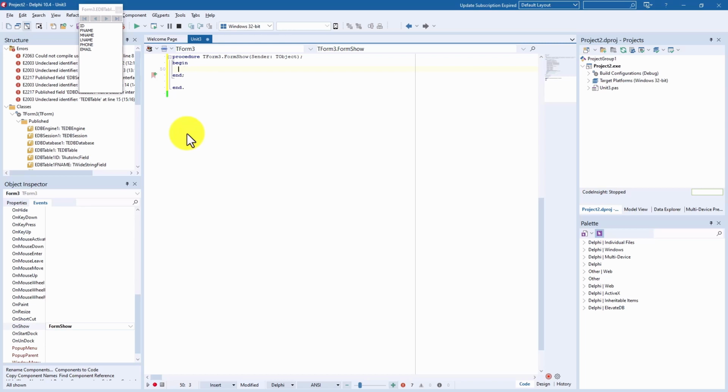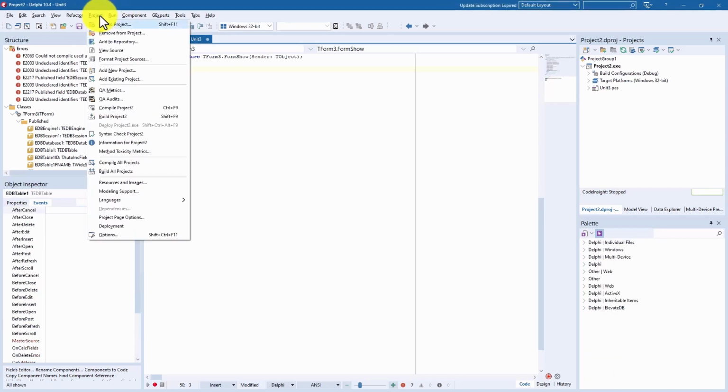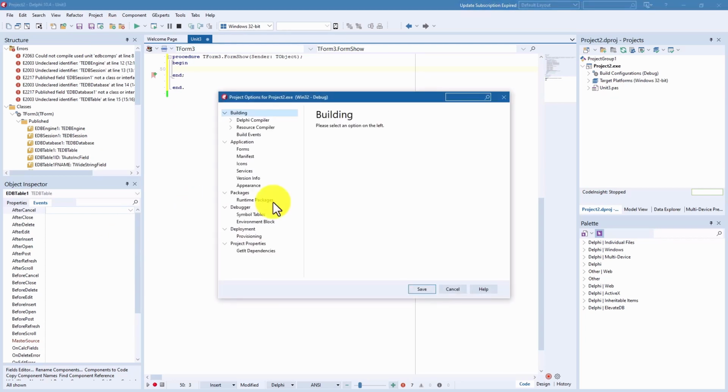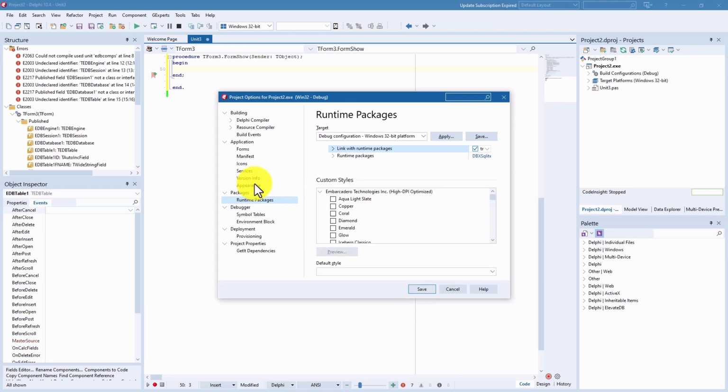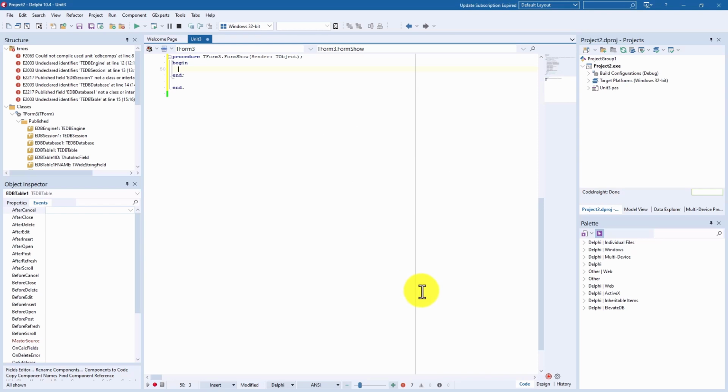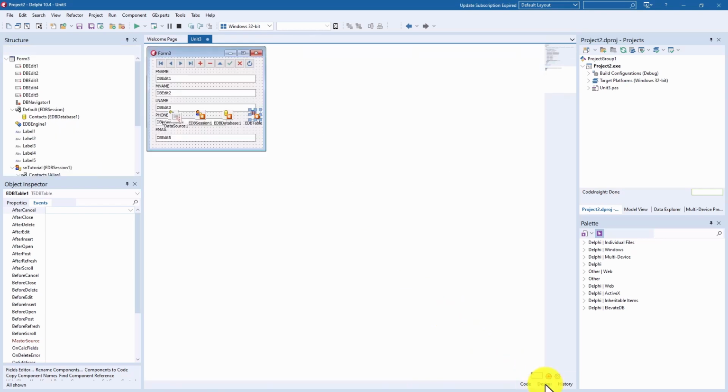Oh, hang on just a minute. One step I forgot. You've got to do this. Go to Project, Options, Runtime Packages. Click this to true to runtime, link with runtime packages. Let's also, while we're here, let's do the appearance thing. I'm going to use copper in this case. Save. Let's go back to design